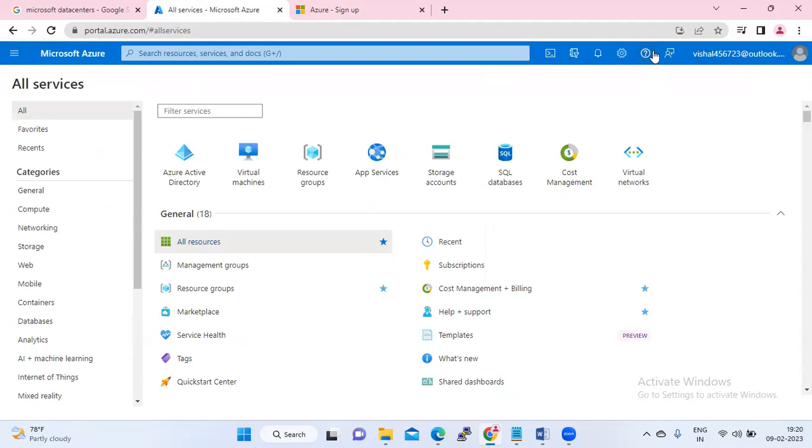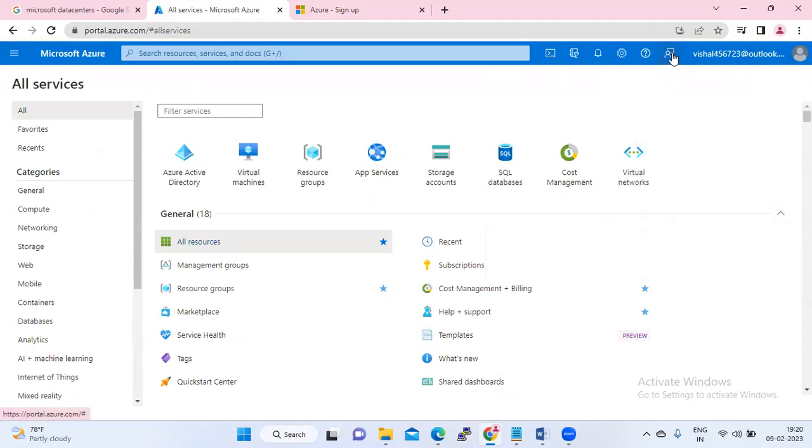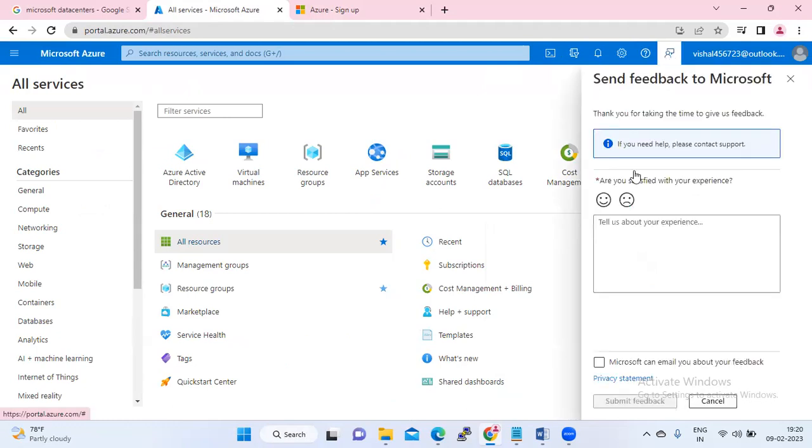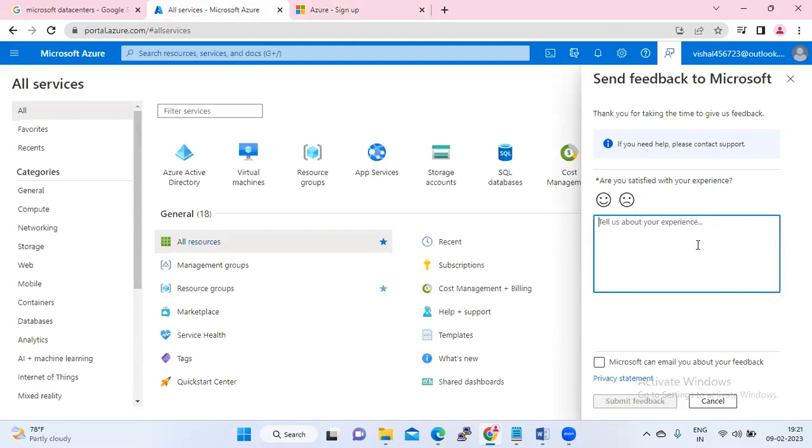you will be able to see a lot of things here. The first one is that you can send feedback to Microsoft, like how satisfied you are with your experience. Are you satisfied or not satisfied? Suppose you are able to do the sign up and still you are not able to get it. Yes, you can